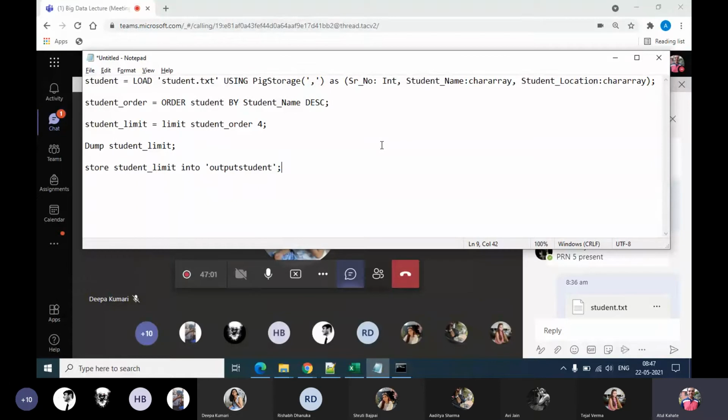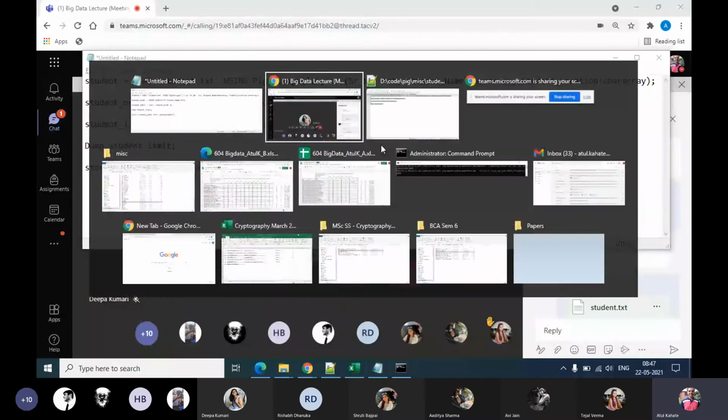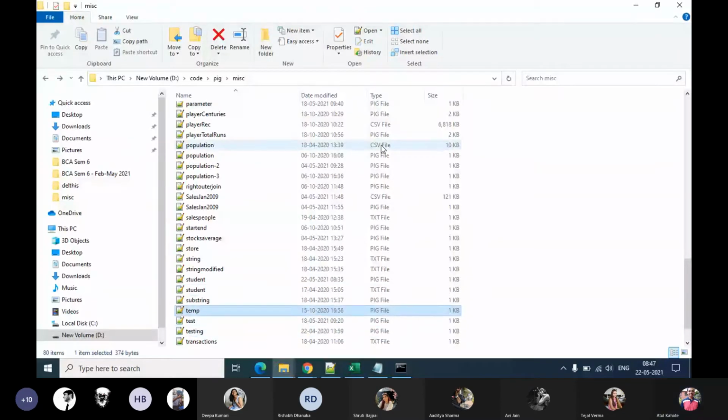Okay, shall we move to the next example or should we wait? Tejal says yes. All right, I think I'll move to the next example. Not sure how many of you are trying these. Let's see what we will do next.